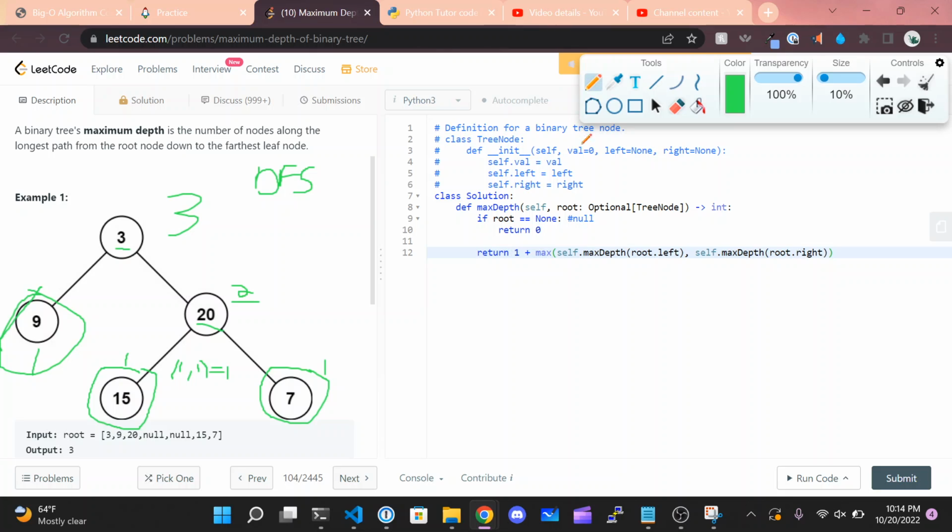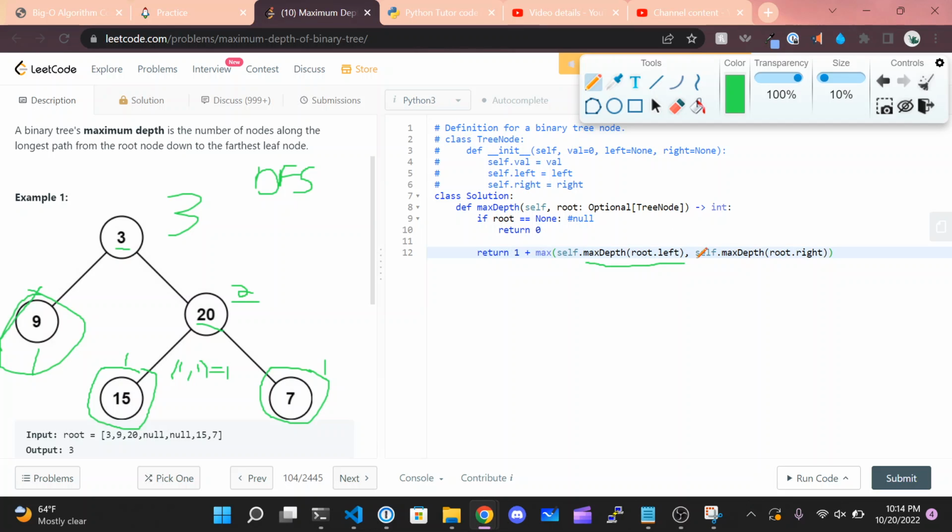Okay, so yeah, that's as simple as that. This is kind of the solution. To visualize what's really happening, basically we're calling the function within the function, but in this instance, we're calling maximum depth with this left subtree. So this function is going to get called again just with this left subtree, and then it's going to calculate that 1, and then once we finish, it's going to bubble back up and do 1 plus 1, which is 2,